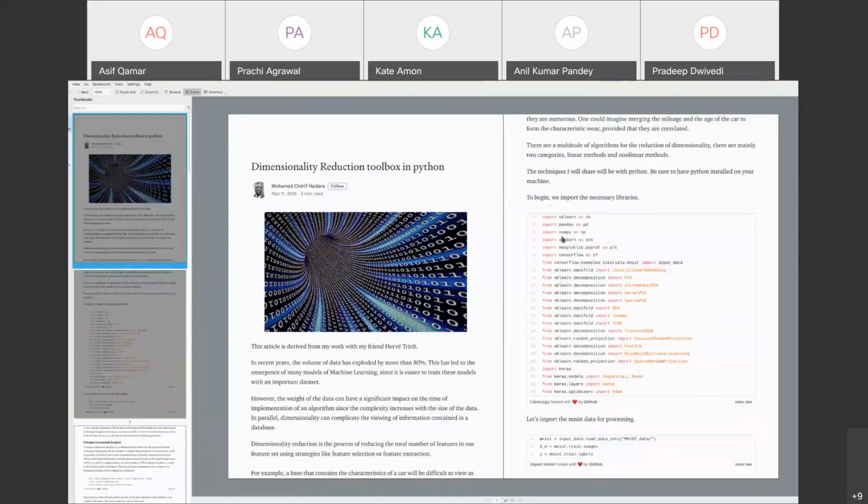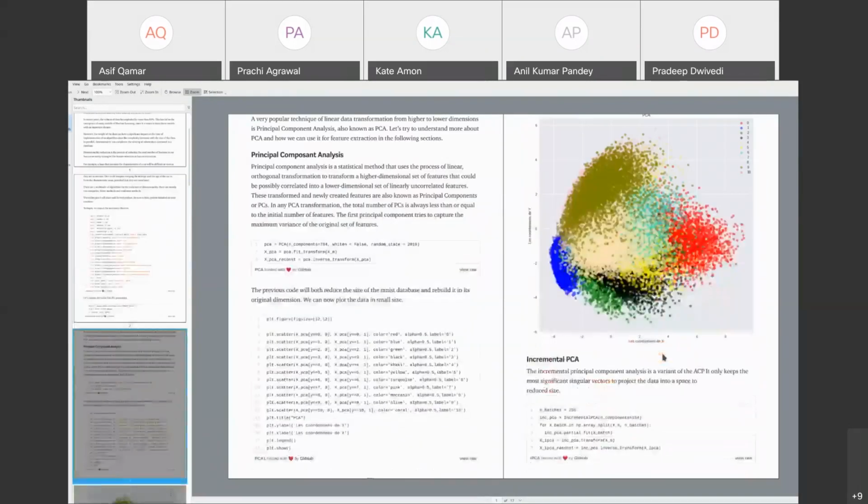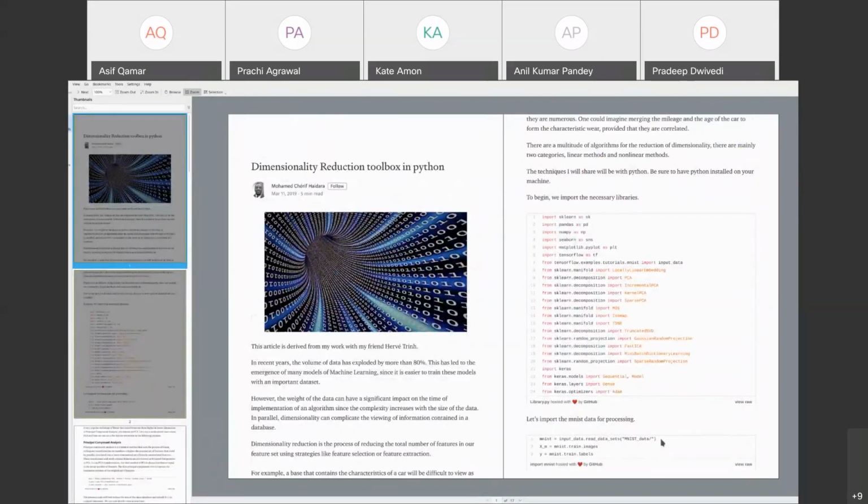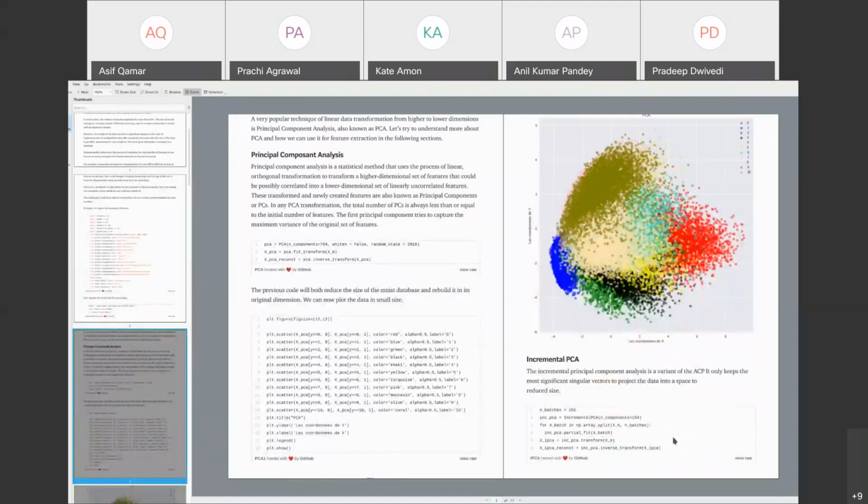But if you want to understand it, you start with these imports. You don't have to study the imports line by line. Then you take the MNIST data set, which is a digit recognition data set, of handwritten digits. It's a standard data set that for years has been a classic. Can you recognize a handwritten 9 or a handwritten 6 or an 8? For many, many years, it has been sort of a benchmark. And it says the dimensionality of the data is 784 dimensions. Obviously, that's too many dimensions. Can you reduce the dimensionality of it?